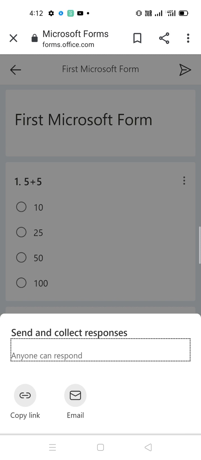Or if you want to share, suppose you want to share on WhatsApp, you just copy the link and then go to the WhatsApp chat where you want to send the Microsoft form.